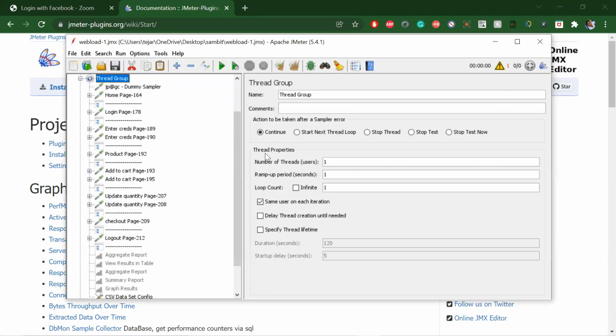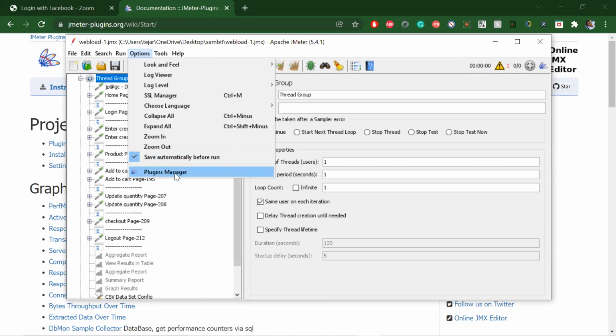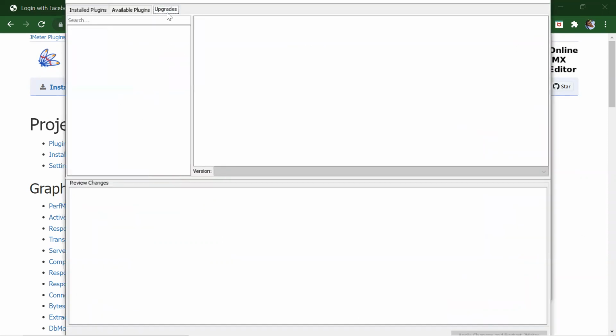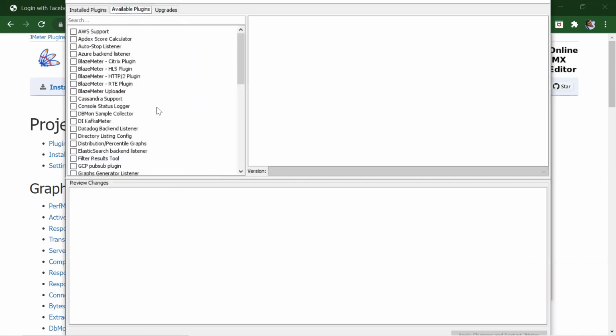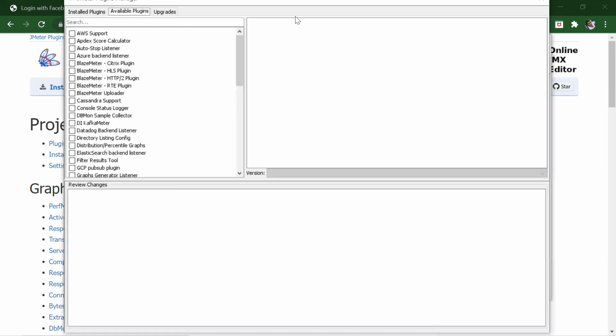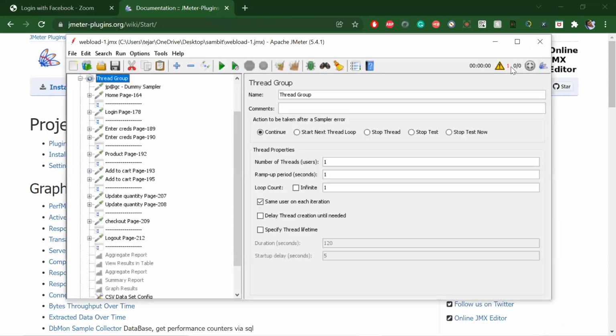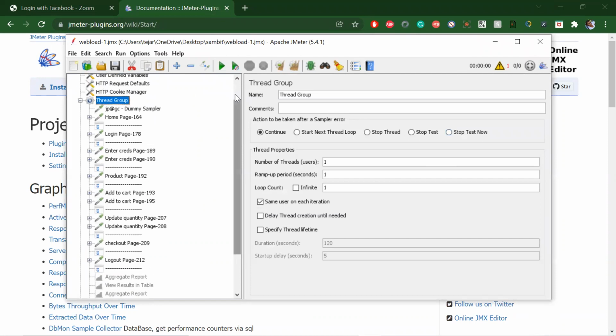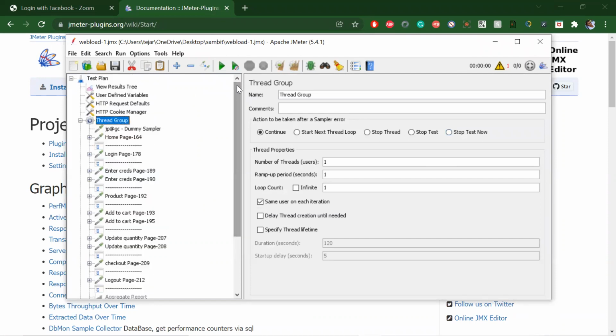Again, if you check this plugin manager, if there is an upgrade after one or two months, you will see the upgrade here. We simply select it and get it. Otherwise, if there are new things, you can search for them here, and you get to know that a new plugin is there. So these are the plugins. The reason I mentioned downloading plugins is that all the advanced functions, Selenium, InfluxDB, whatever things we want to explore, will come through plugins only.